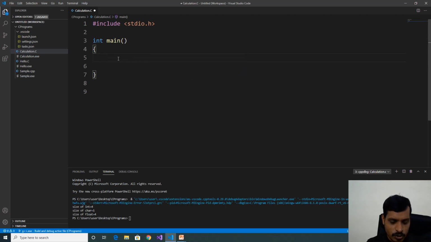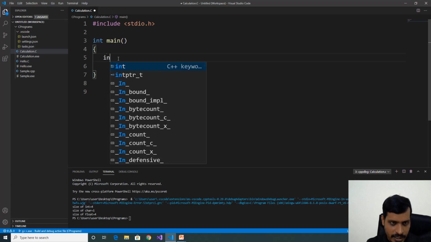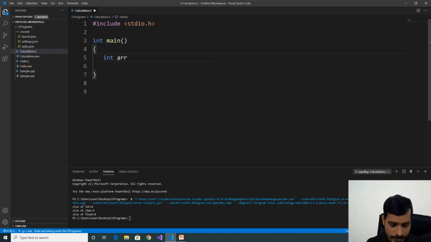Declare array and store the data into array. int arr[] = {2, 5, 1, 6, 3}. Here we stored 5 elements into array. Here we know size of an array, but if we get elements dynamically, then it will be difficult to find size of an array. There we can calculate size of an array manually.